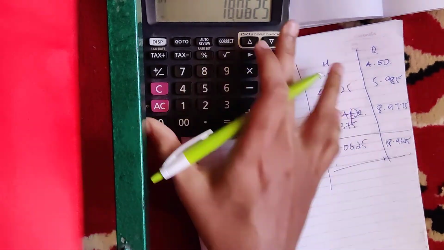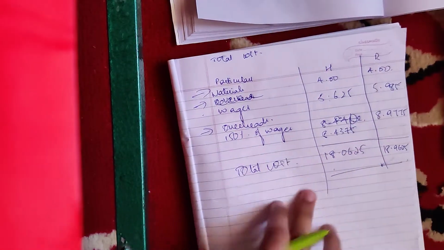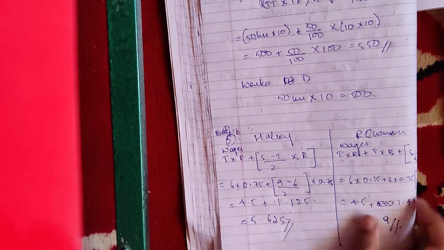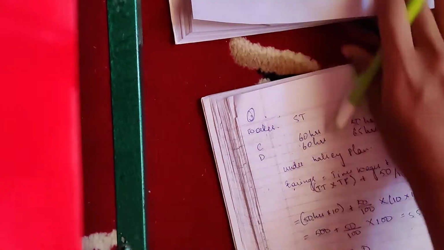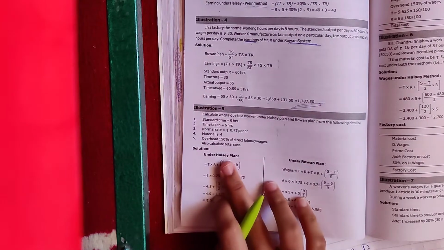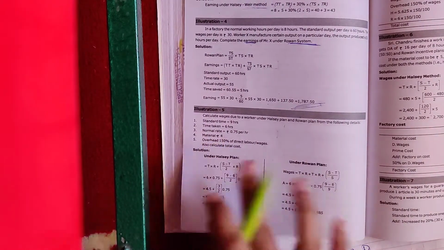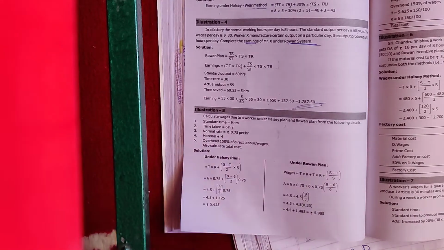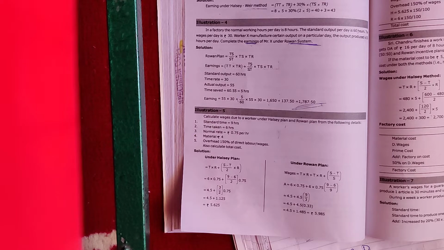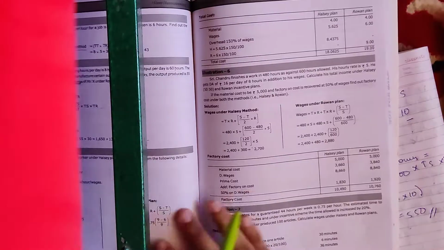Now how did we do this entire problem? Firstly we calculated wages under both the systems. After we calculated wages, we just used the necessary information. Now see, while you're asked to calculate wages and everything as such, you will not include your material, your overhead and all of that. No, this is only used while calculating your total cost. Now in total cost also you will have to see, for example, it was told 150% on your wages and all of that, right? So you will have to check carefully how you used to calculate in your cost sheet. Based on that, you will have to check your necessary information.